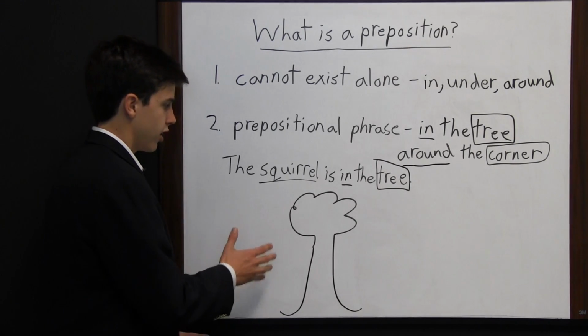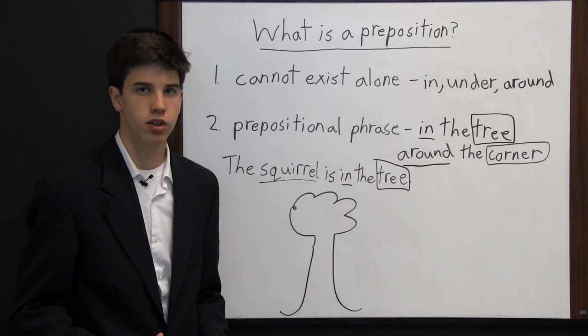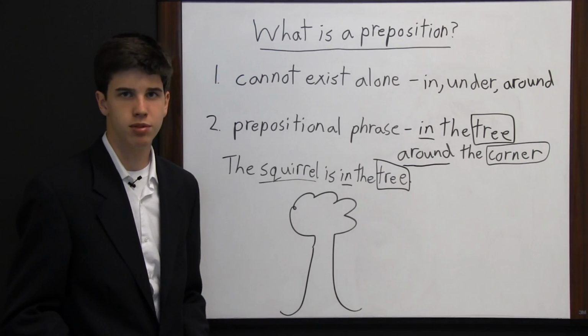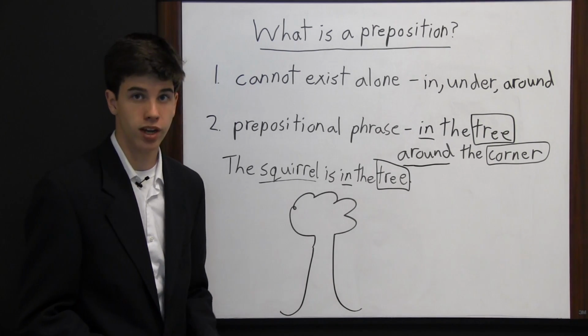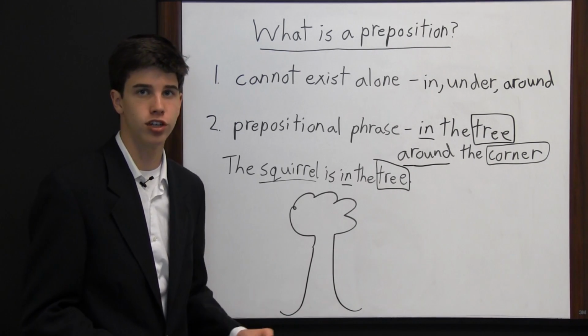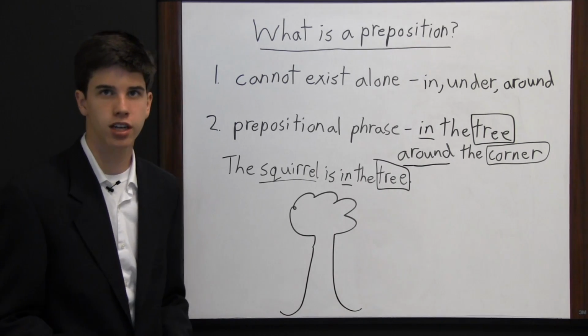But think about a tree and a squirrel. Okay, think about all the things the squirrel can do when near a tree. And that'll help you remember prepositions. Because a squirrel could be under a tree, and under is a preposition. It could be in a tree, or around a tree, or upon a tree, or behind a tree, beside a